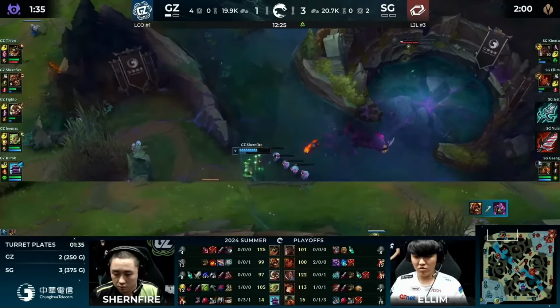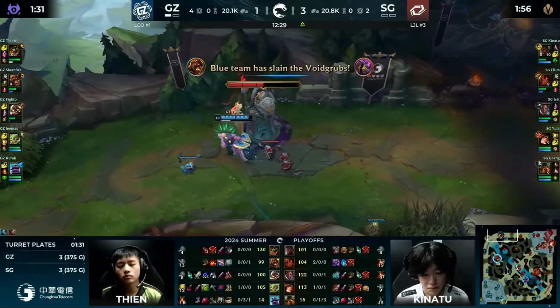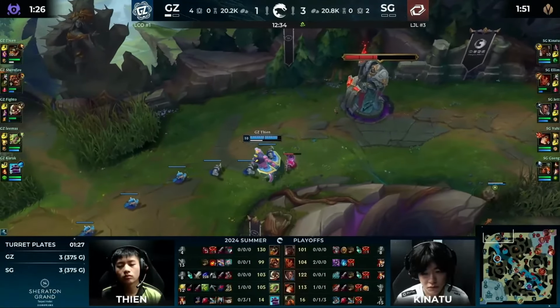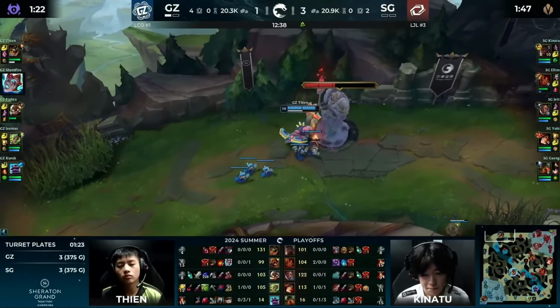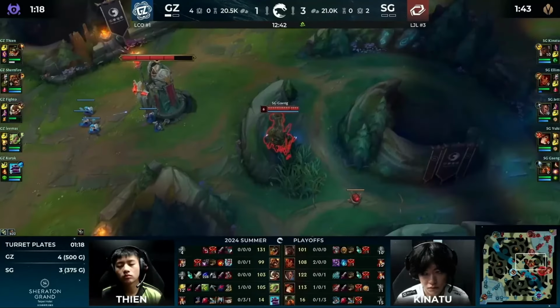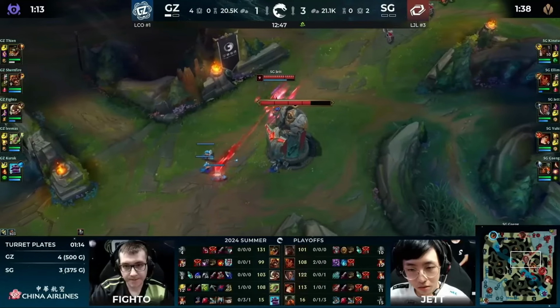That will let Ground Zero get back into this game. Blade of the Ruined King and Bloodthirster now purchased for these AD carries on the side of Sengoku. I imagine Lemus not too far away from that static shift, but yet to pick it up means that, once again, Yuhi is going to be stronger in that isolated 1v1 down the bot side. And of course, I mean, it needs not be said that Jet is significantly stronger than Fido at this stage